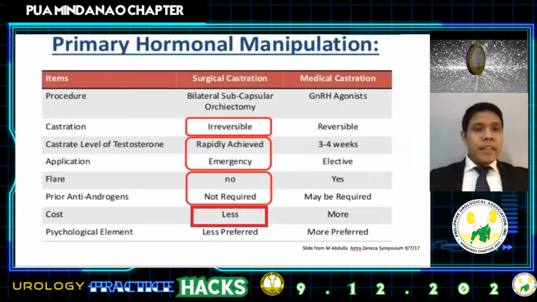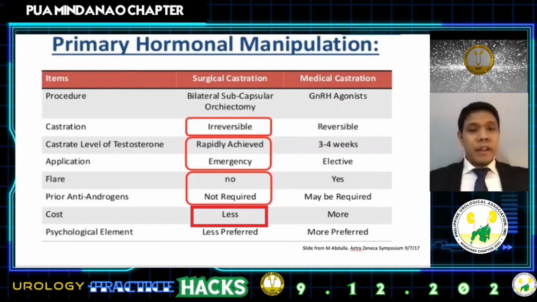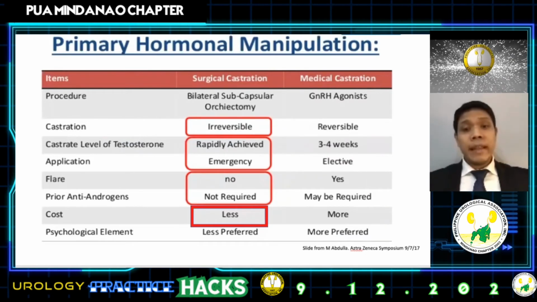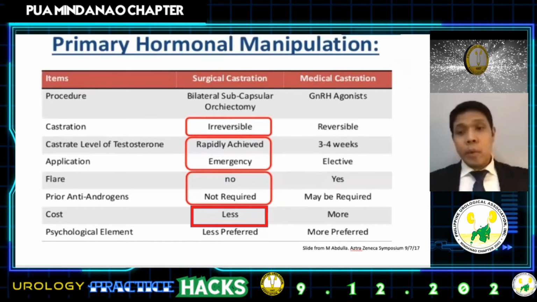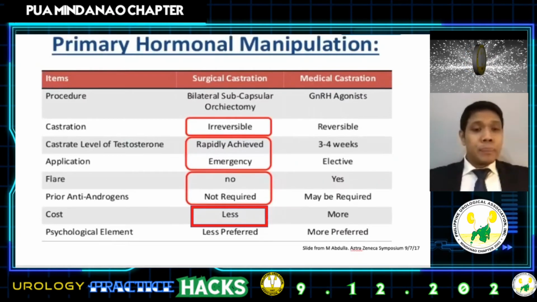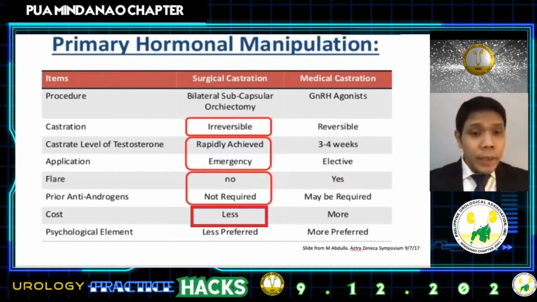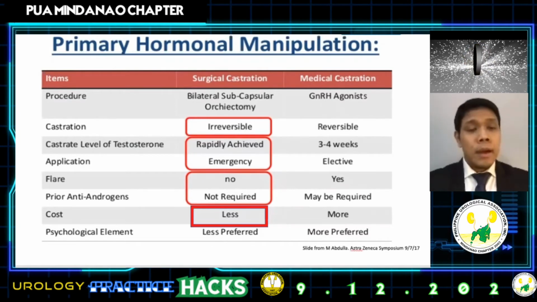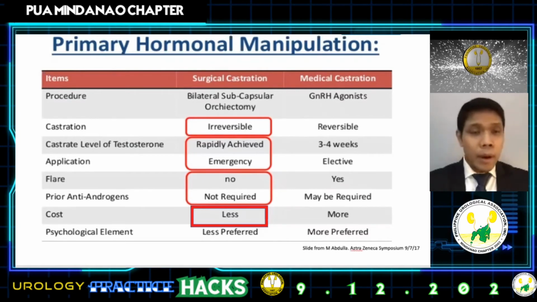Now, this table neatly summarizes medical versus surgical castration. The advantage of surgical is that there is immediate attainment of castrate level testosterone. No flare is expected, so no need to co-administer with an anti-androgen. So, of course, orchiectomy is way more economical, especially in patients who are